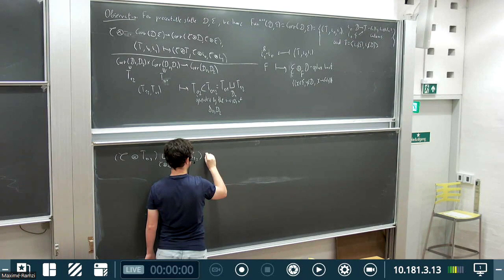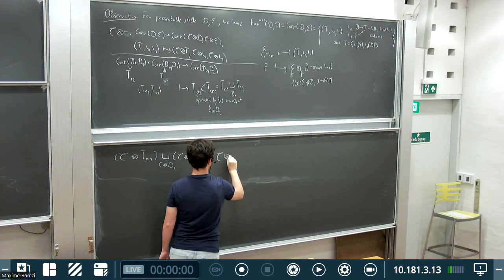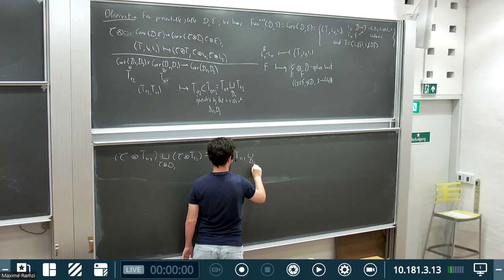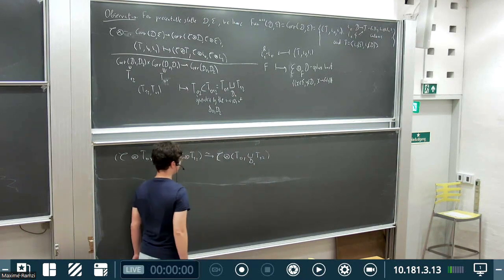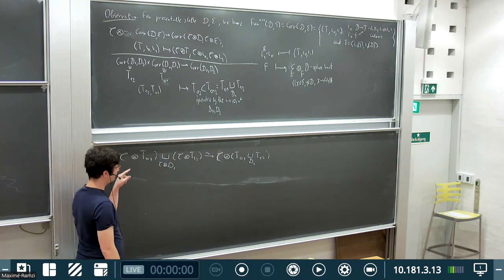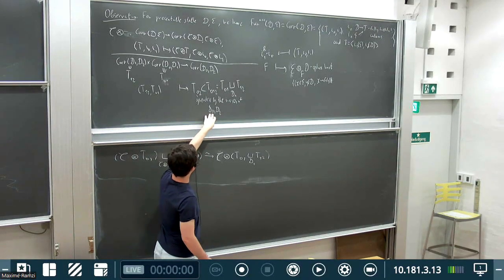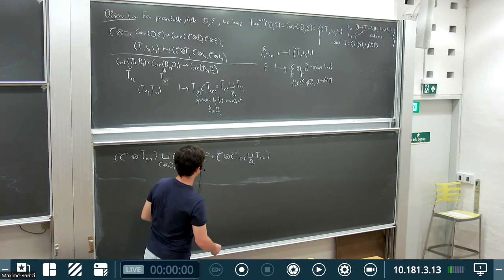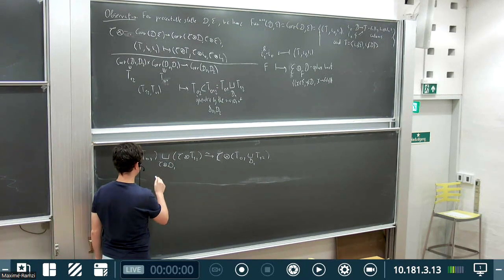This is just the same thing as taking C tensor with the push out of T01 and T12 along T1. But the problem is when we take the full subcategory generated by T0 and T2, or by C tensor T0 and C tensor T2, then we have only the comparison functor, namely,